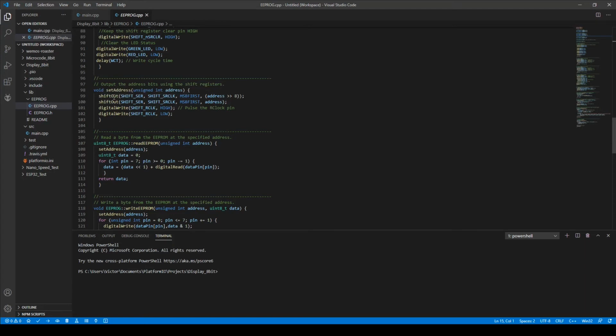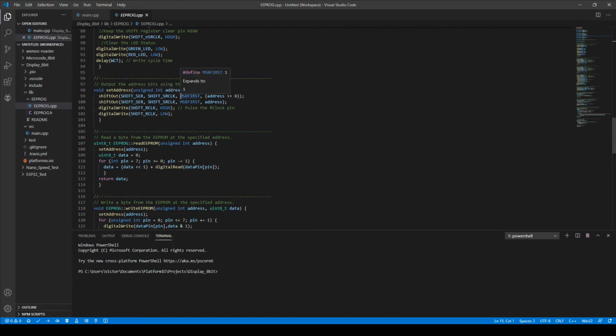It's a function that is already implemented to work with shift registers for 8-bit data, and since our address is 16 bits, we will have to use it twice, and we will have to pass to this function which pin is the serial data, which pin is the shift register clock,